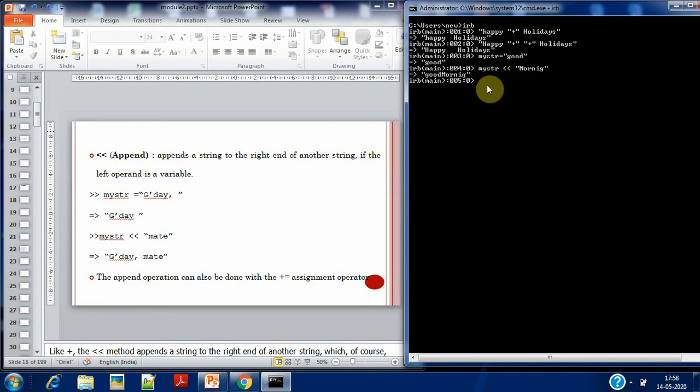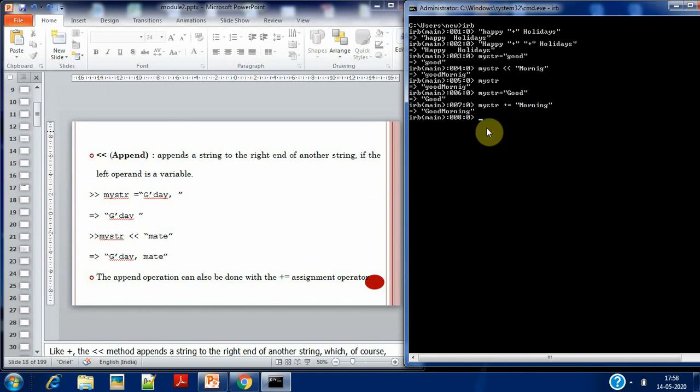The same append can also be done another way. If I give my str now, I'll be getting good morning. For that purpose, I'll assign a new value to my str. Once again I will give good only. And to append, the operator we are speaking about now is the shorthand operator, that is plus equal to, and I will write morning.